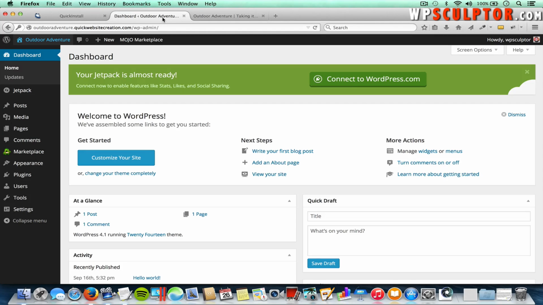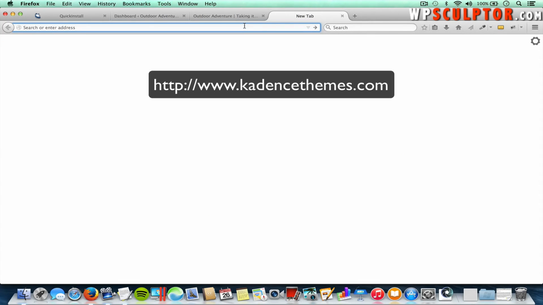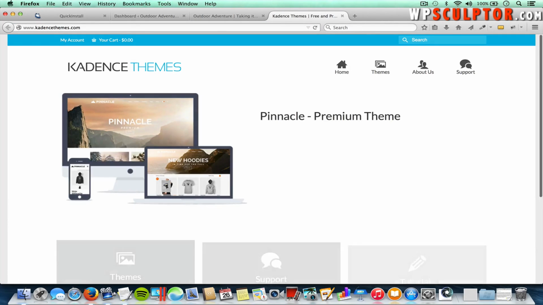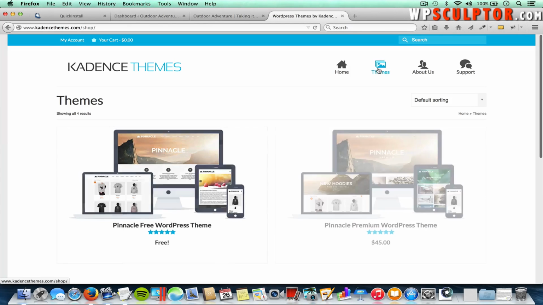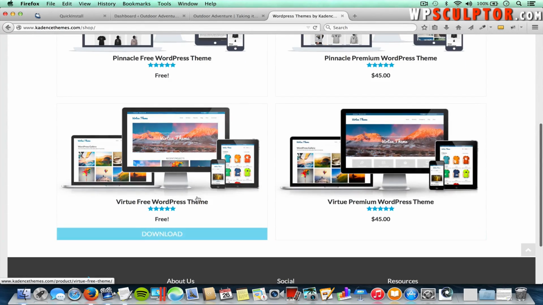And then we're going to download and install the Virtue theme, and to do that, let's open another tab, and we're going to go to cadencethemes.com and click on Themes and scroll down. And we do want the free version of the Virtue theme here, so click on download